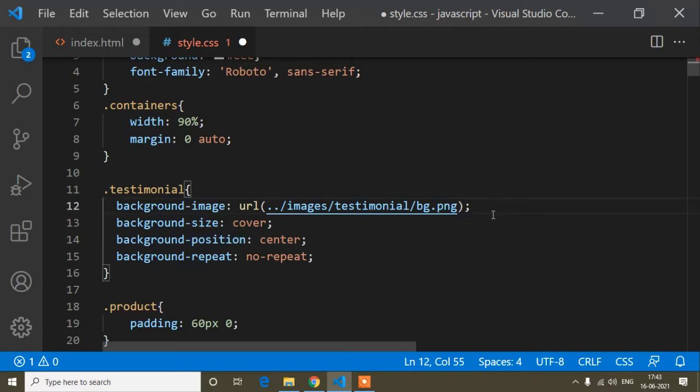Now suppose our content is increasing day by day. Our content size increases to 1000 pixels and our background image size is 200 pixels. How will it cover our background?